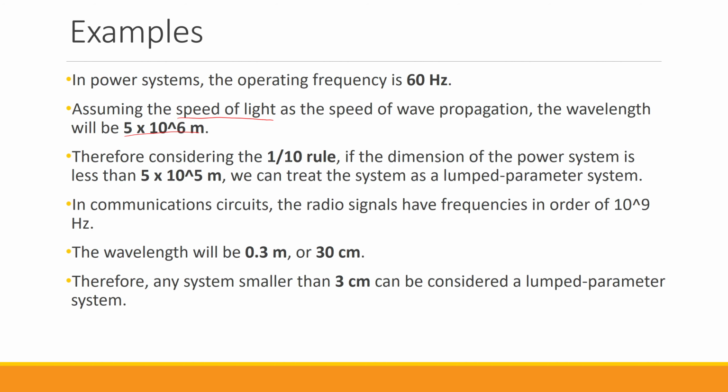But what about communication systems, which use radio signals that have frequencies in the order of megahertz or gigahertz, right? So let's just assume we want to design a communication circuit that works with a signal in the order of 10 to the 9 hertz, or 10 gigahertz. For such a system, the wavelength will be 0.3 meter or 30 centimeters. So any system that is smaller than 3 centimeters can be considered a lumped parameter system,